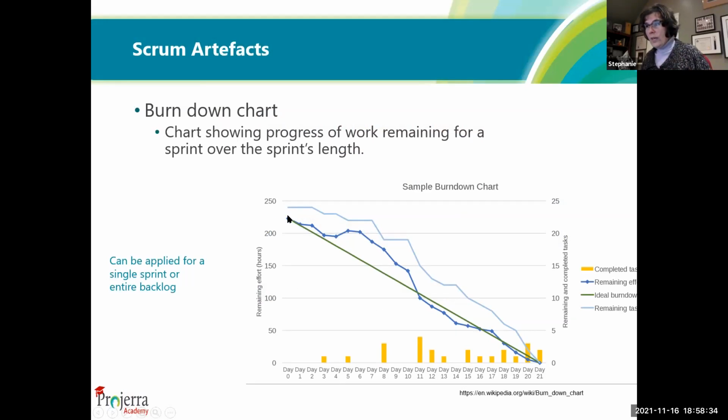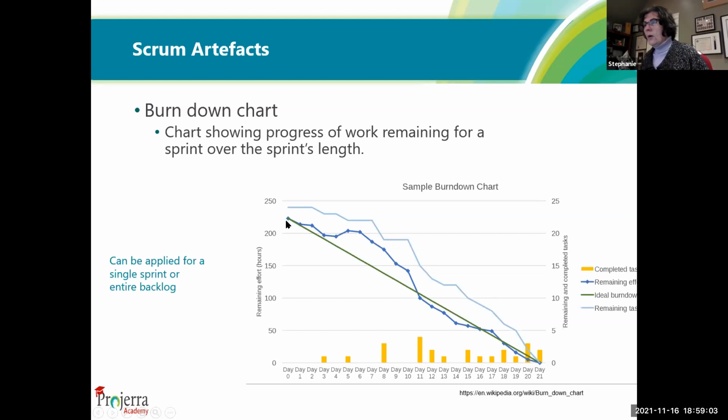It starts at the very top here: you've estimated you've got 10 different user stories, assuming it's 20 hours per user story. Okay, so you've got 220 some hours' worth of work. Not everybody estimates hours. It could be story points, it could be complexity, a lot of different factors here, but you draw a straight line from here until day 21. Okay, so they've got 4 weeks' worth of sprint activity happening.